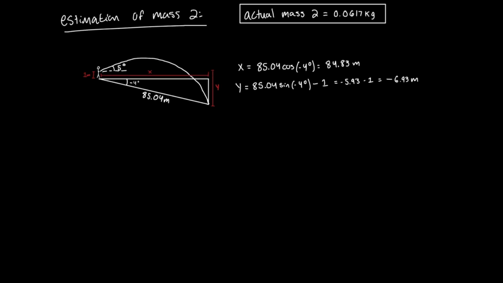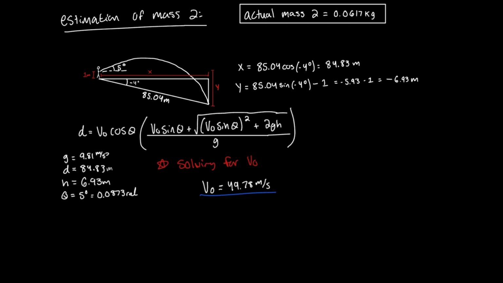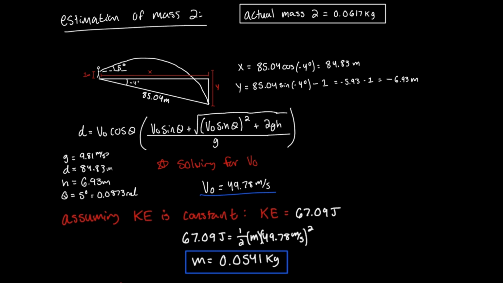All right, and here looking at mass 2, we can see the projectile motion. The direct distance is 85.04 meters. It goes downwards at -4 degrees. So we use this equation again, plug in our numbers, and we find that the initial velocity is 49.78 meters